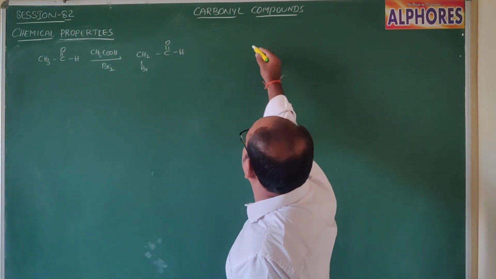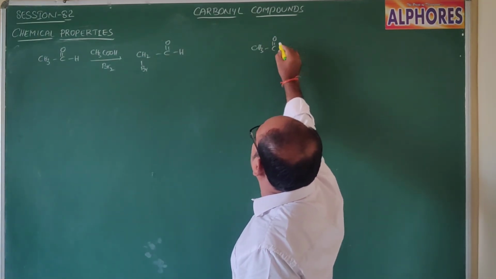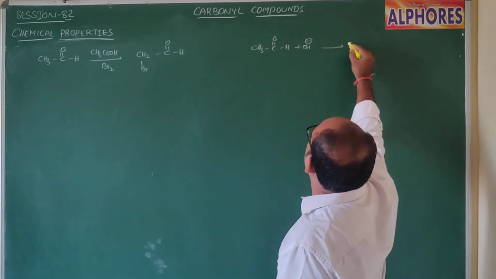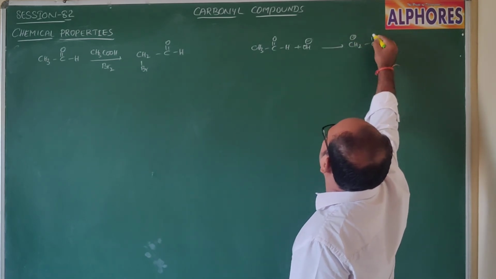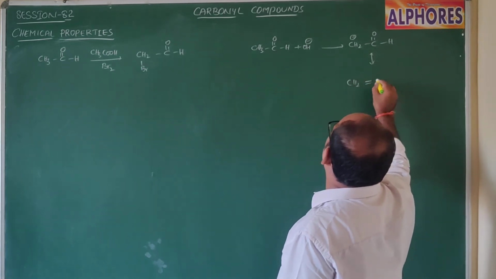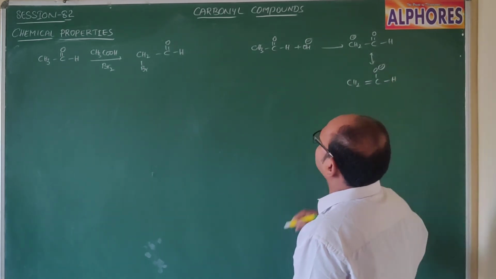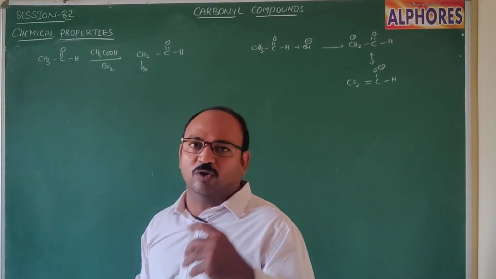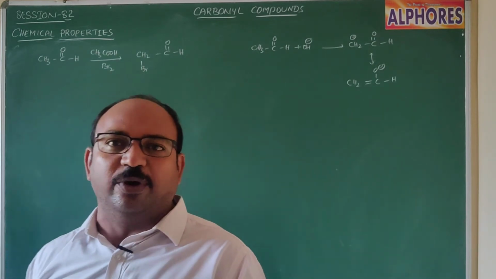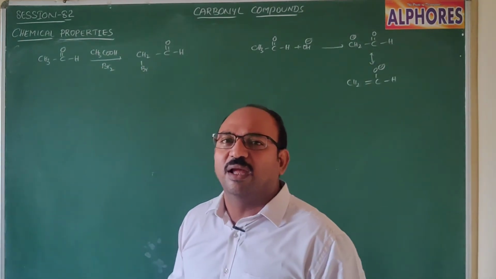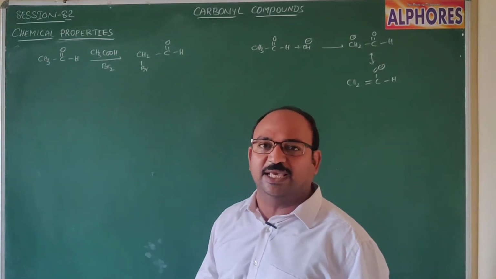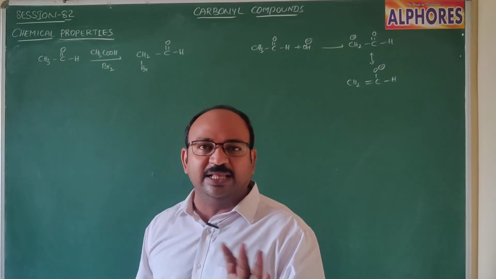Let us recall the mechanism. CH3 C double bond OH upon reaction with the base, what we are expecting, this base abstracts hydrogen here and gives CH2 minus C double bond OH. Right? And this is a resonance structure, CH2 double bond CO minus and H. Now, we are having halogen. Generally, we are using NaOH and Br2, or NaOH and I2, NaOH and Cl2. So in such a case, how is this minus going to add with Cl plus? From where are you getting Cl plus? Here we are not providing any Cl plus.